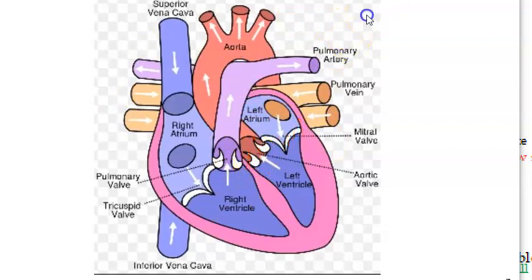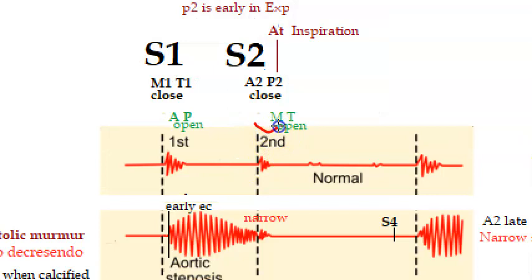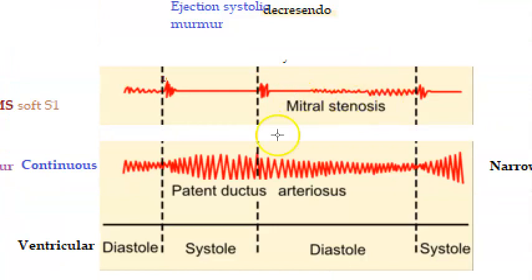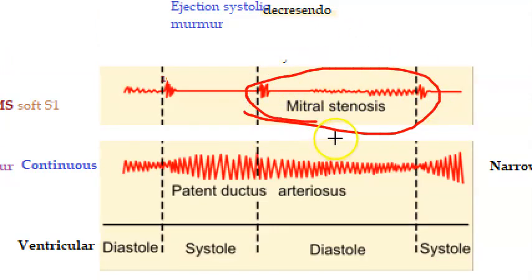Okay, so you saw aortic stenosis. Now let me say there is mitral stenosis. Once the mitral valve opens, only then can you have the murmur of mitral stenosis, isn't it? So when will it open? The mitral valve is opening here after S2. After S2, I am seeing that the mitral valve is opening, right? So let's go down here to mitral stenosis. Yeah, in mitral stenosis, you are seeing a murmur here. When are you seeing the murmur? A diastolic murmur, right? So in mitral stenosis, you are seeing a diastolic murmur.